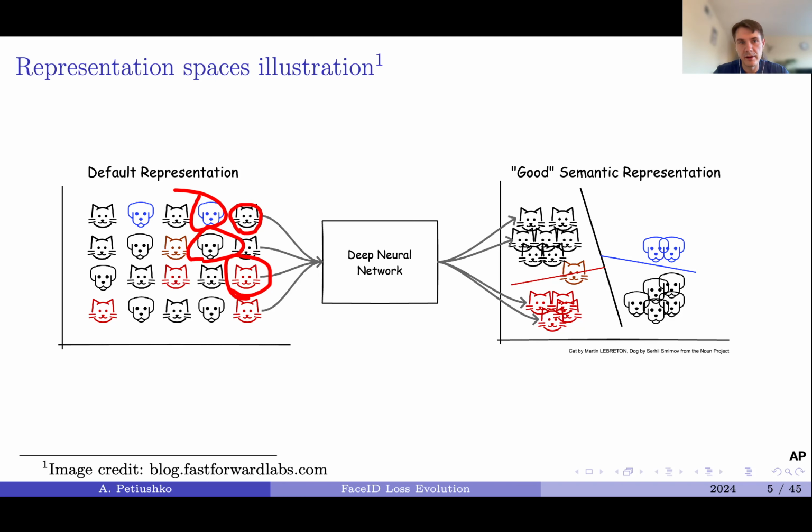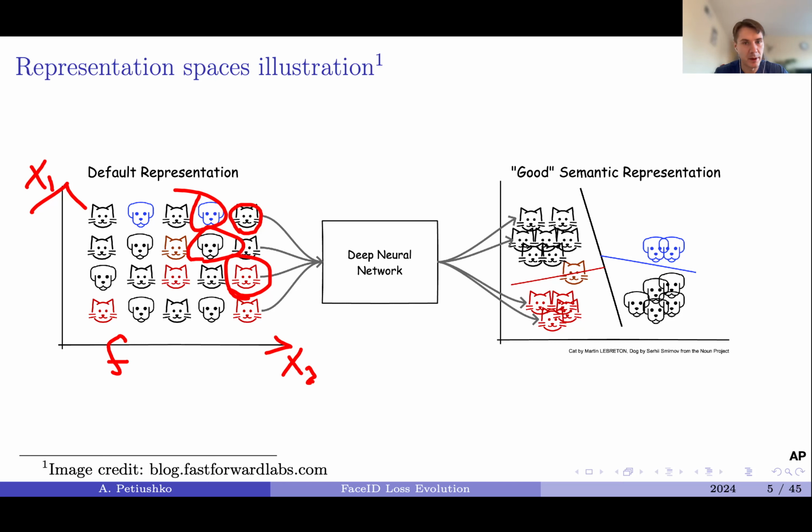These are real objects, but we have some representation. For example, this is axis x1, this is axis x2, and for these initial representations, when we project them onto this 2D plane, we can see that there is no clear clusterization, separation of